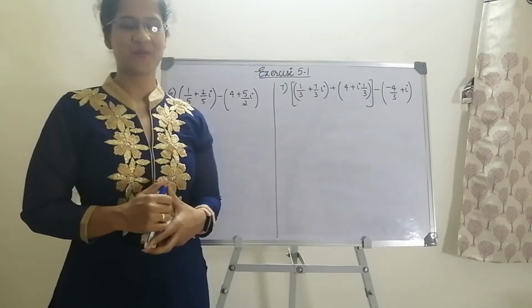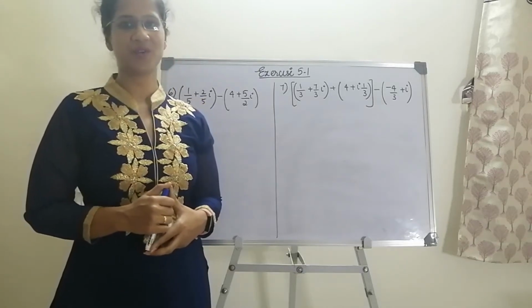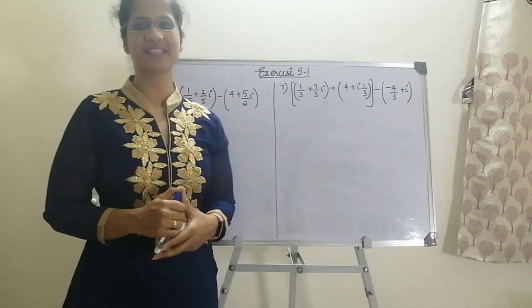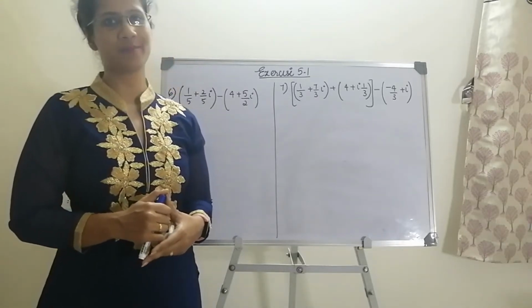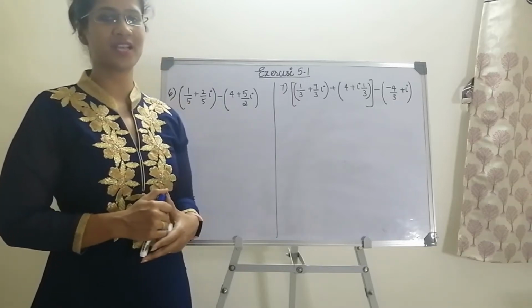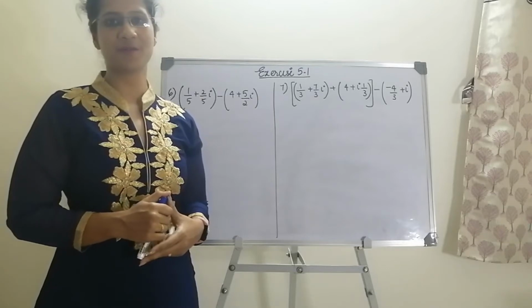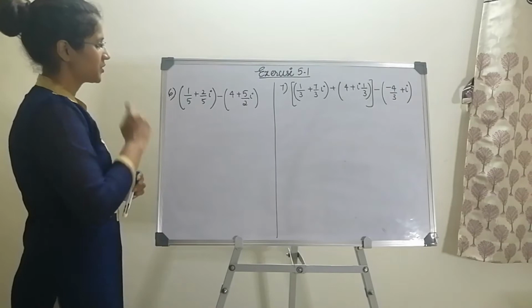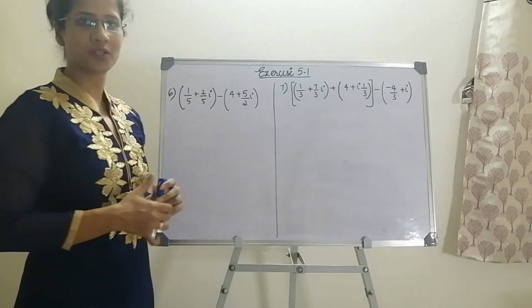Dear learners, welcome back. Today in this video, we would be discussing question number 6 and 7 of exercise 5.1 of complex numbers. So this again we continue to find out the value of z in the form of a plus ib. Okay, so let's get started. So question number 6 is already put up on the board.